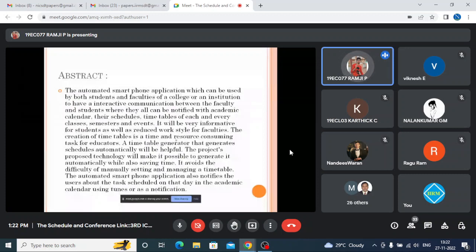Then the flow chart for timetable generation. This is an application for Android and iOS. These are the things we give as input to the tab. First, we have to choose the courses, subjects, labs, lectures, how many students, how many